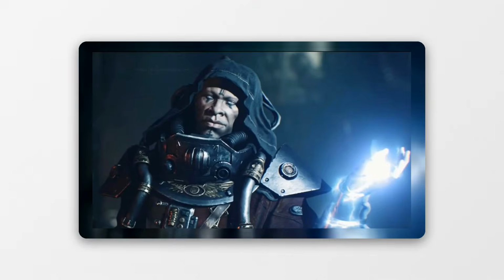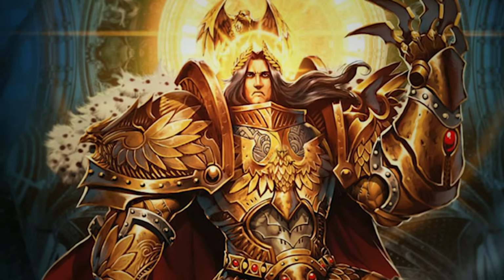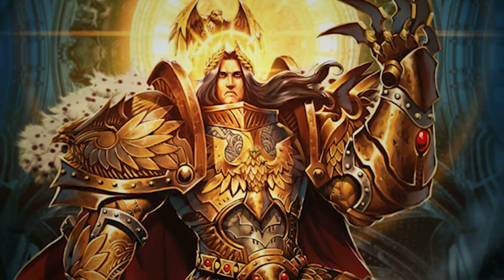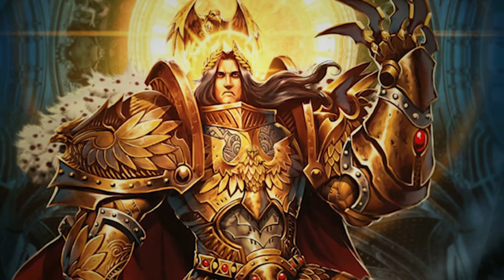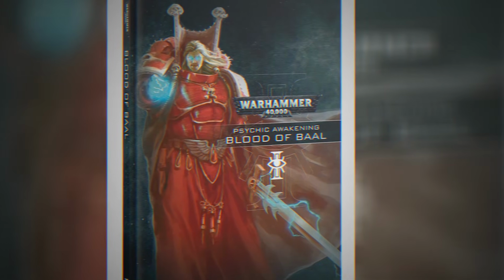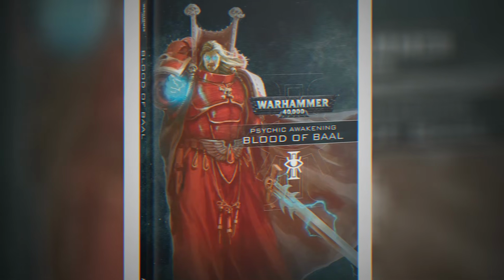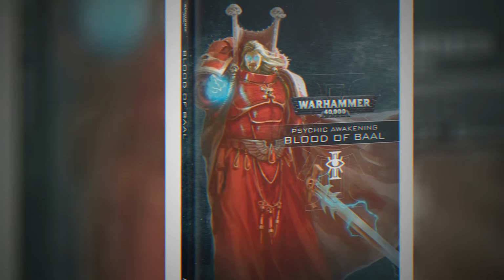These campaigns introduced new characters, developed existing ones, and provided a dynamic, evolving storyline that directly reflected the tumultuous state of the M42 galaxy. The Psychic Awakening served as a narrative bridge, connecting the events of the Great Rift to the ongoing struggles, providing context for the new threats and opportunities that arose. It was a period of intense lore development, expanding the universe and deepening the narratives of its countless inhabitants, showcasing how the galaxy's inhabitants were forced to adapt or perish in the face of unprecedented psychic phenomena.